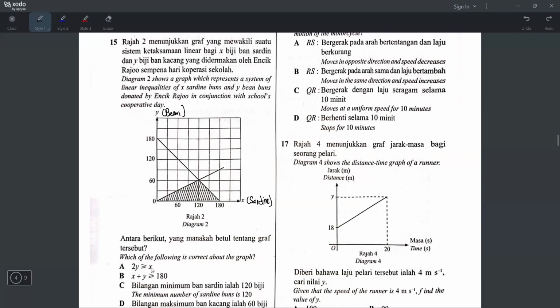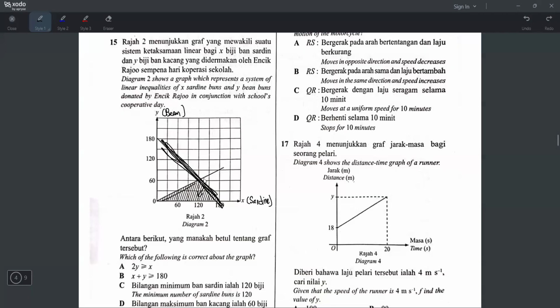So how to know A whether correct or not? 2y bigger equals X. I think I have to find the equation lah. I have to find the equation of these two lines and then look at the region. Kalau region dia bawah garisan kita letak smaller, kalau region atas kita letak bigger. Okay. So later this line confirm bigger or smaller? This line. Look at the shaded region. It's below the line, right? Dia bawah garisan. So later confirm this line have to write